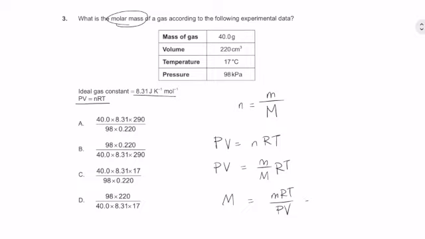Now, as for the units, the mass is measured in grams, and you might be able to remember this because when we calculate moles, the mass is often left in grams, and that is the same case here, multiplied by the ideal gas constant, which is just as it is given in this case, and multiplied by the temperature in Kelvin. So that would be this, divided by the pressure, which we always measure in just pascals,